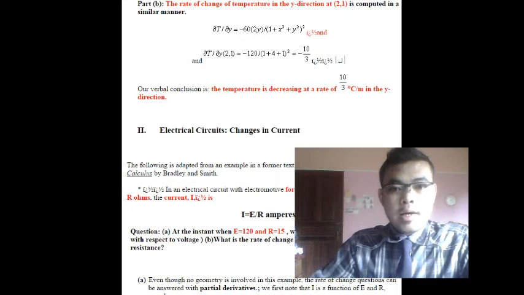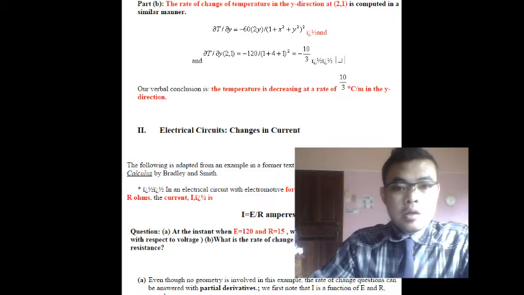We first note that I is a function of E and R, namely I(E,R) equals E R to the power minus 1. The rate of change of current with respect to voltage, the partial derivative of I with respect to E holding the resistance constant, equals delta I divided by delta E equals R to the power minus 1. When E is 120 and R is 15, we have delta I over delta E equals 15 to the power minus 1, which equals